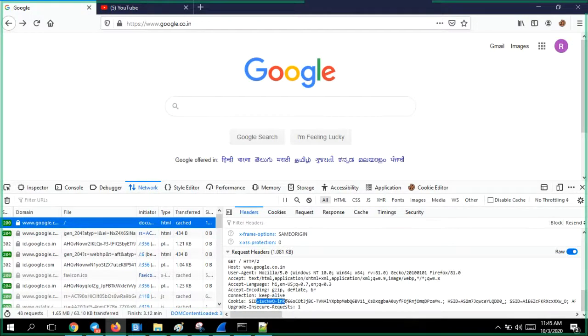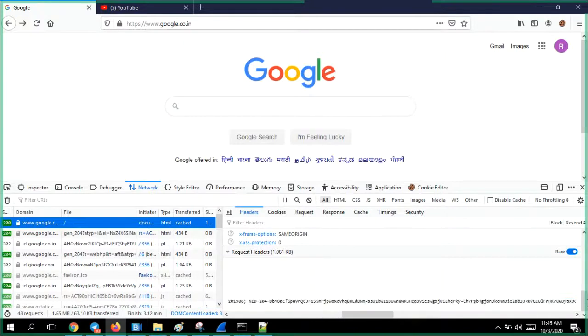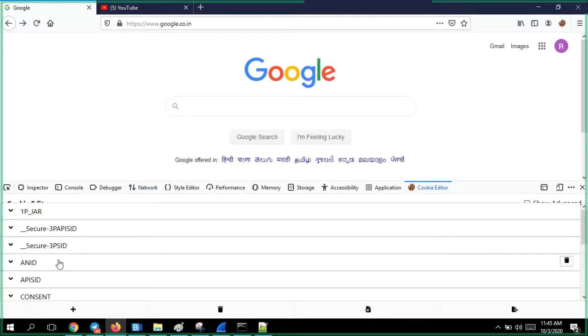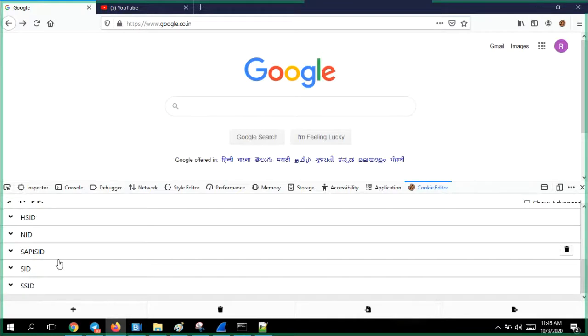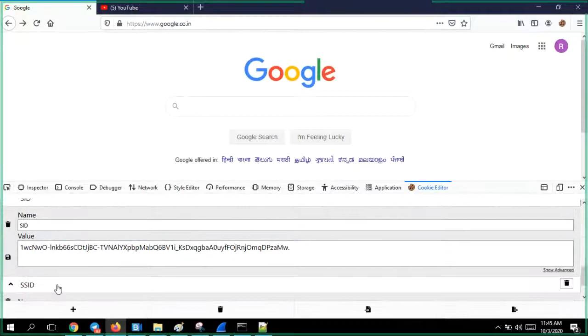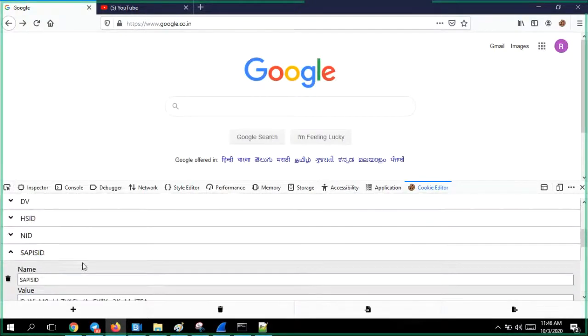Cookie means, boss, I'm giving you some ID, some information. If you see here, some information like this, SID, cookie ID. Some IDs like this it will be giving.